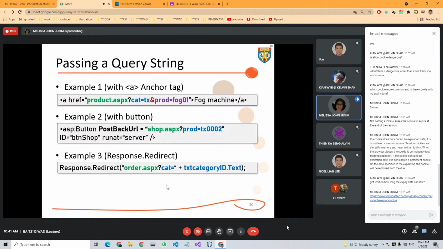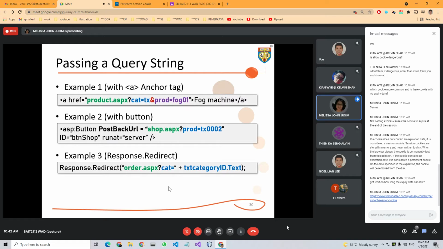Now, these are the three examples of when we can use a query string. Number one is using your anchor tag. Number two is using your button. If you use the button, then you place the query string at the PostBackUrl attribute. And if you want to use it for Response.Redirect, then you place it inside the brackets.